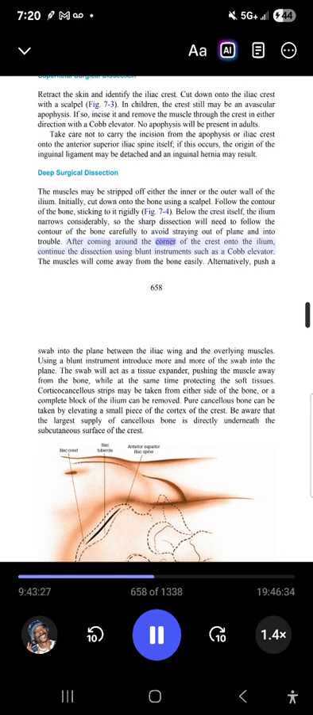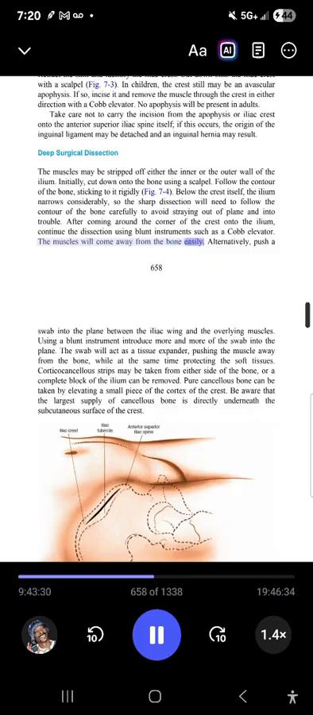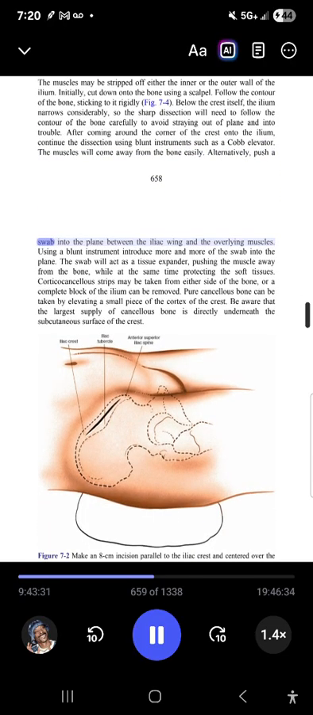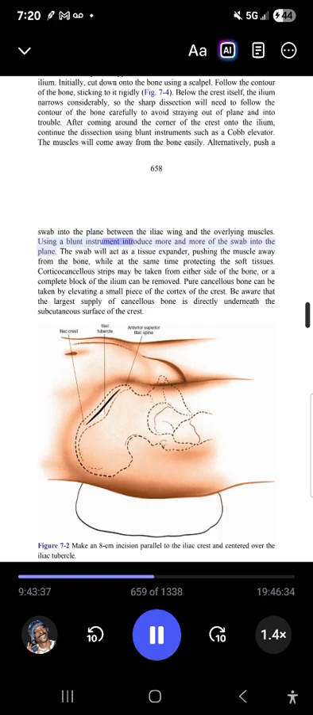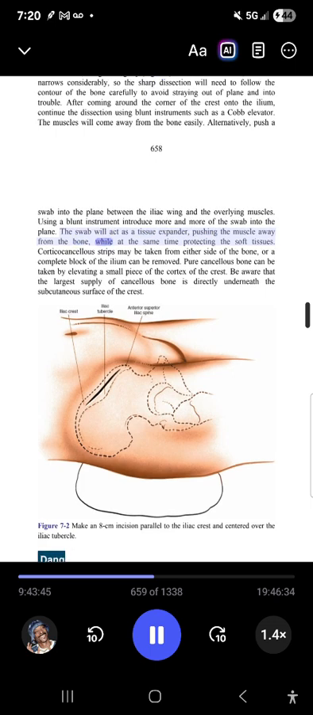After coming around the corner of the crest onto the ilium, continue the dissection using blunt instruments such as a Cobb elevator. The muscles will come away from the bone easily. Alternatively, push a swab into the plane between the iliac wing and the overlying muscles. Using a blunt instrument, introduce more and more of the swab into the plane. The swab will act as a tissue expander, pushing the muscle away from the bone, while at the same time